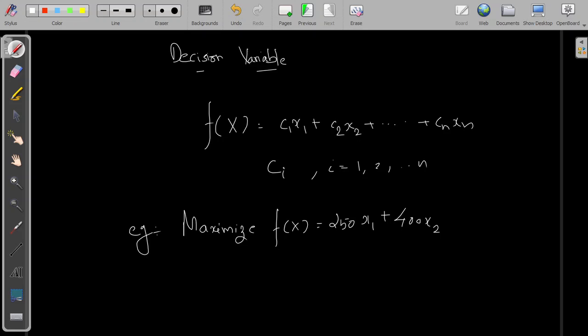Subject to the constraints. So what do you mean by constraints? A constraint is a kind of restriction on the total amount of a particular resource. In the case of profit maximization or cost minimization, the constraint is defined as a restriction on the total amount of a particular resource. That means you have